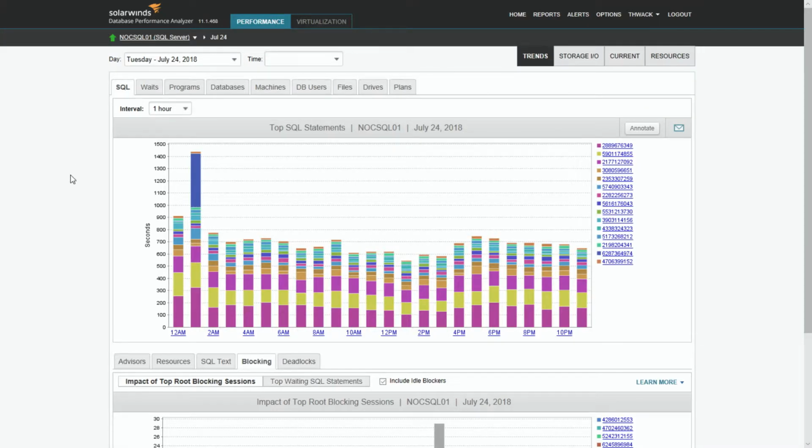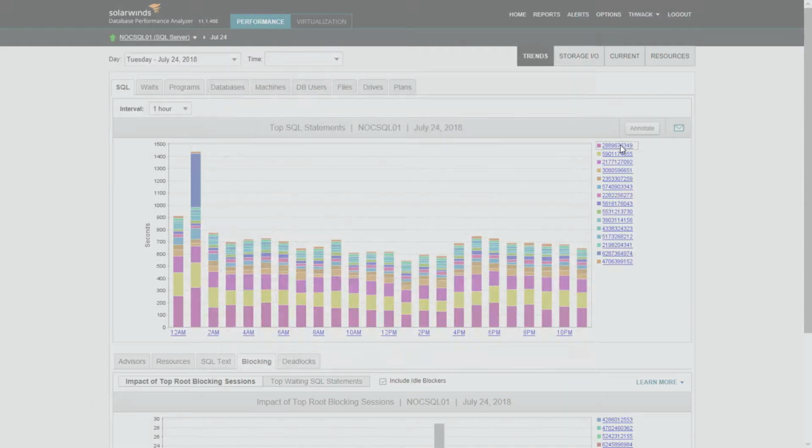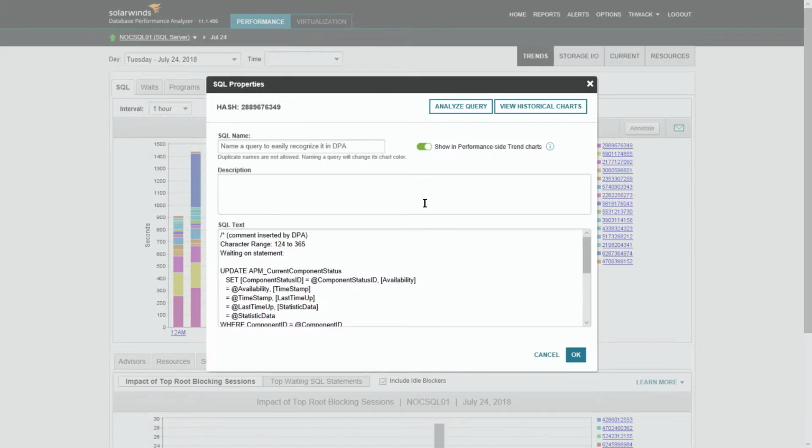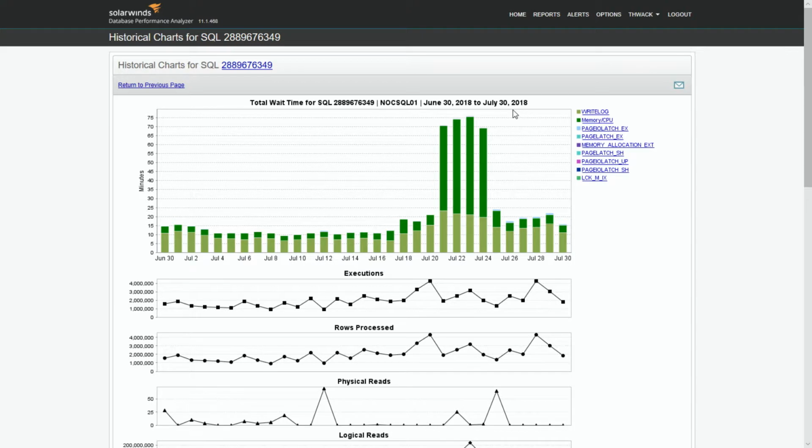So the last thing I do want to show is this particular query, which I think is the APM one. What we have for those accidental DBAs is, to me, one of the most powerful charts in all of DPA, the historical charts. We talked about baseline. You have a 30-day window here of what this query has been doing, so you can see what's normal or not. 4 million executions. Why are there so many more executions these days than in the 3 weeks previous? You can go through this to get an idea of what's normal.